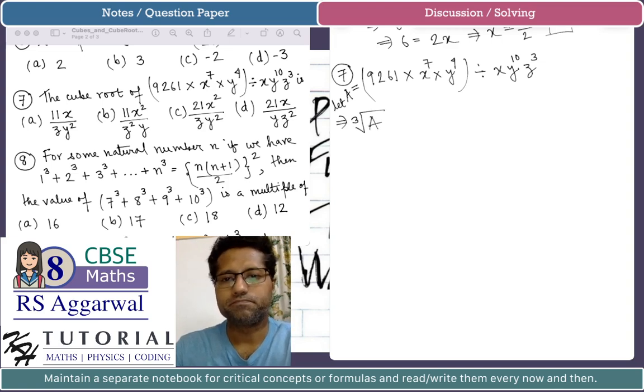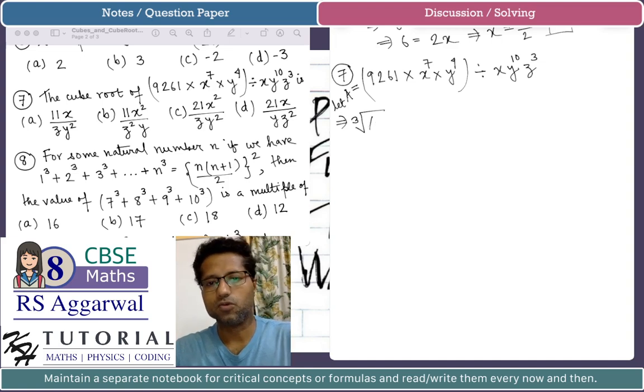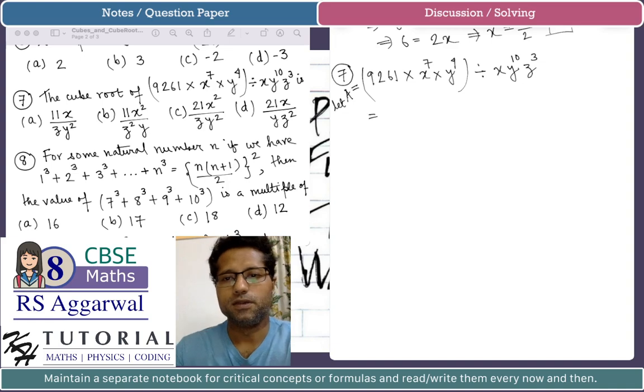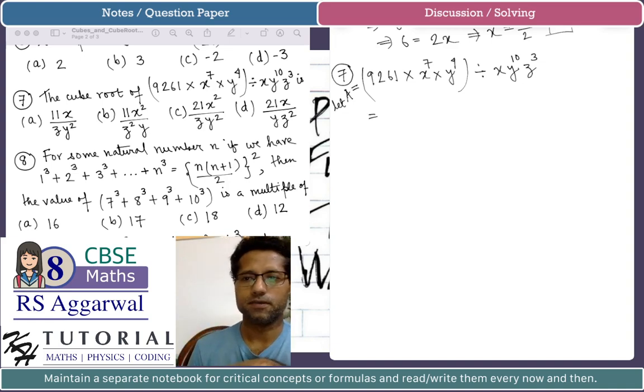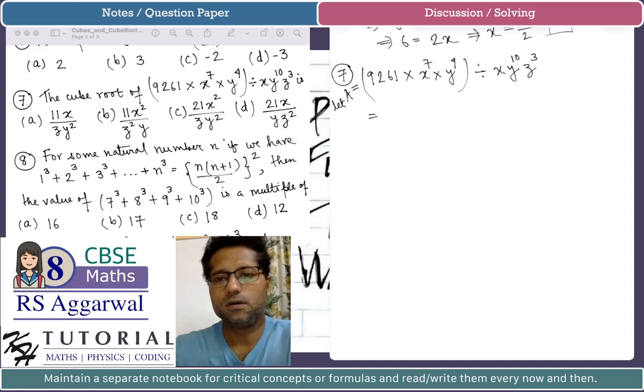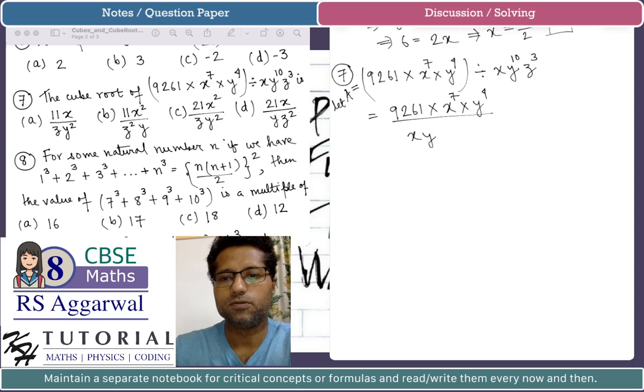Now before finding the cube root, let's first simplify what is a. Okay, so a is 9261 multiplied by x to the power 7 multiplied by y to the power 4 divided by x y to the power 10 and z cube. This will be equal to